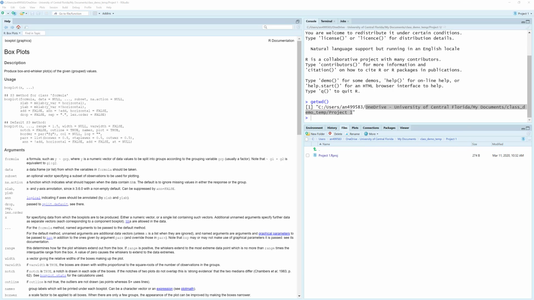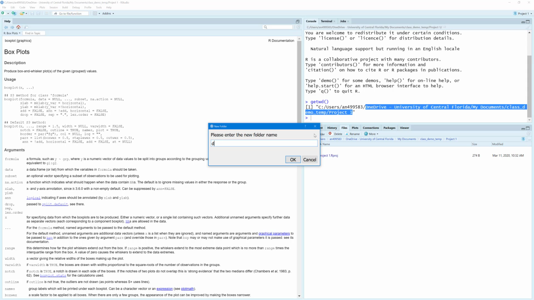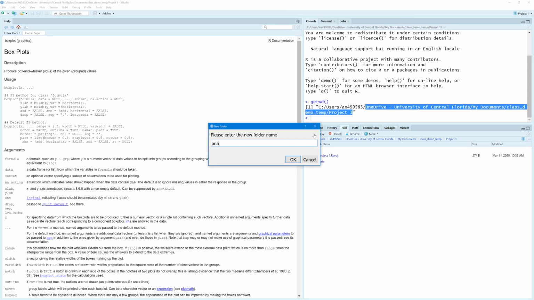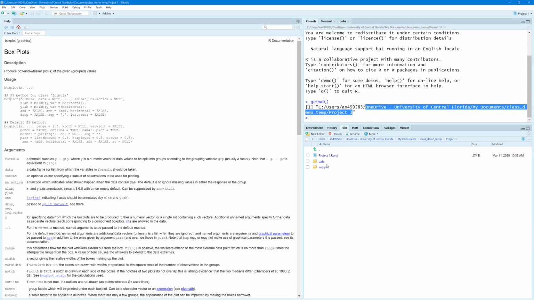A good practice in any project is to have at least two folders. One folder that would store the data and another folder that would store the analysis. It's a good programming practice to separate the analytic scripts, or the scripts that work with data, and the data storage themselves. Virtually nothing should be stored directly in the root. There are some exceptions like gitignore files or readme files, but other than that, no real working script should be